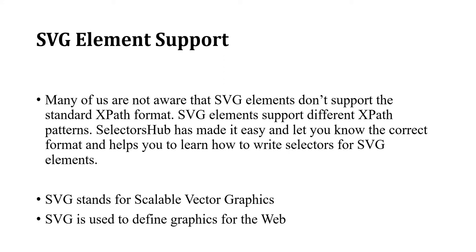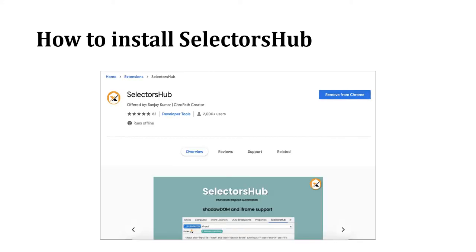This is a dynamic XPath, and each and every time it changes dynamically, right? So at that time you have to take a dynamic XPath that does not change anytime. Selectors Hub helps you find the right element to locate inside a graphics application. This is the major benefit and advantage of Selectors Hub. Now I'm going to tell you how to install Selectors Hub.